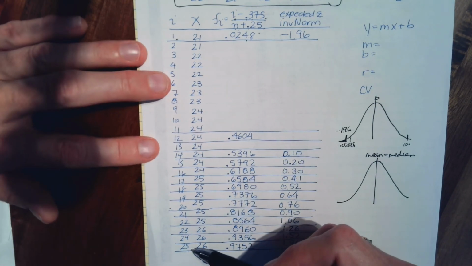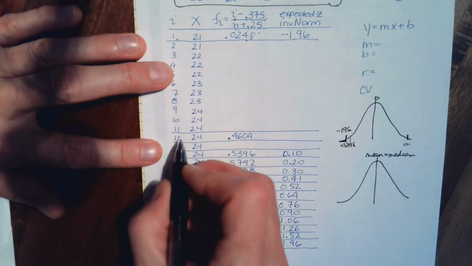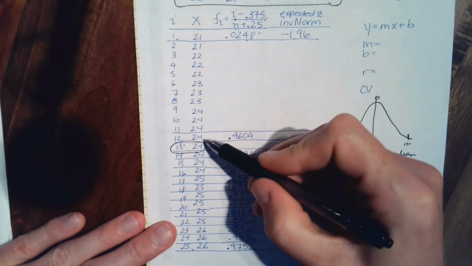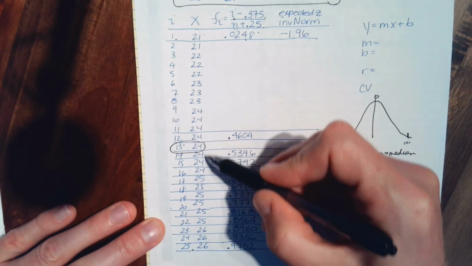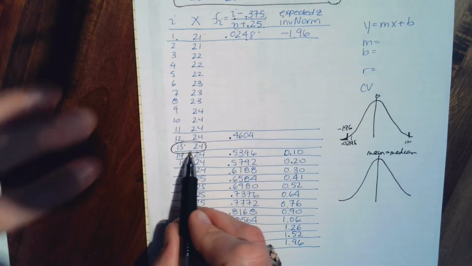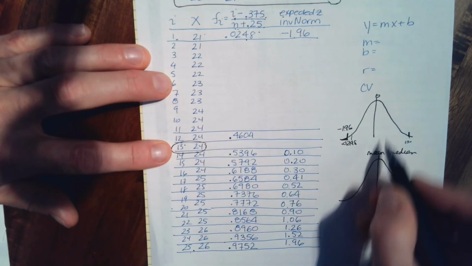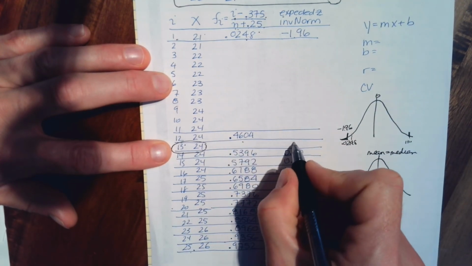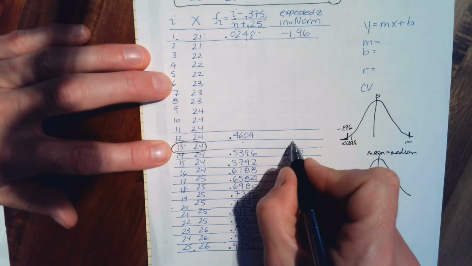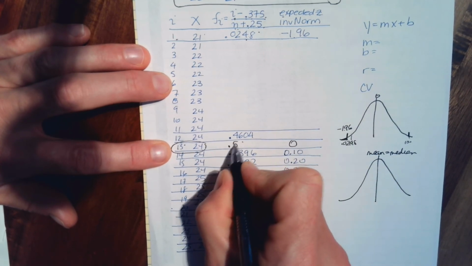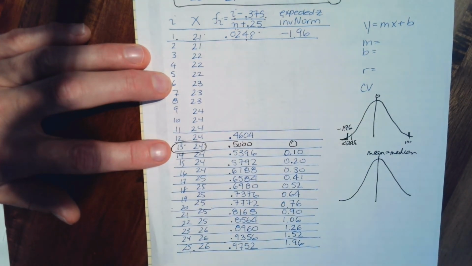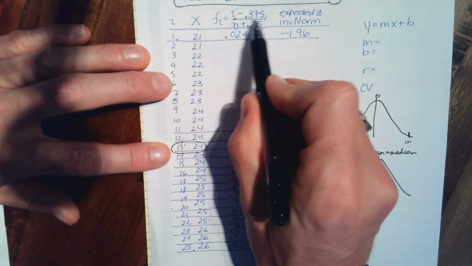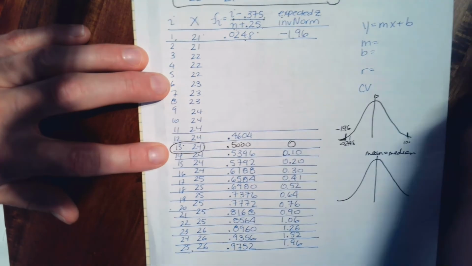We want the value that splits the data in half, so that would be the data value in position 13. So that leaves 12 values less and 12 values higher. So this value in a standard normal distribution should have a z-score of 0, and it should split the data 50-50. And so if you take 13 and subtract 0.375 and then divide that,